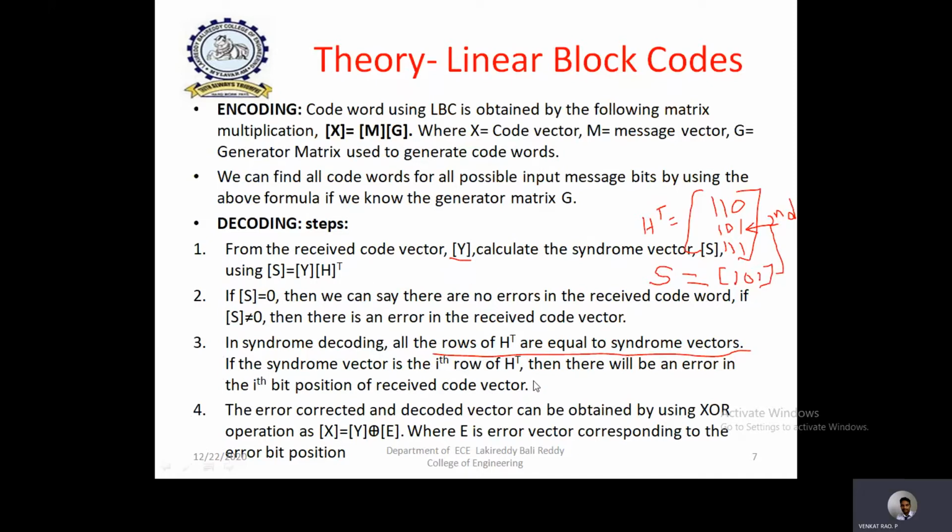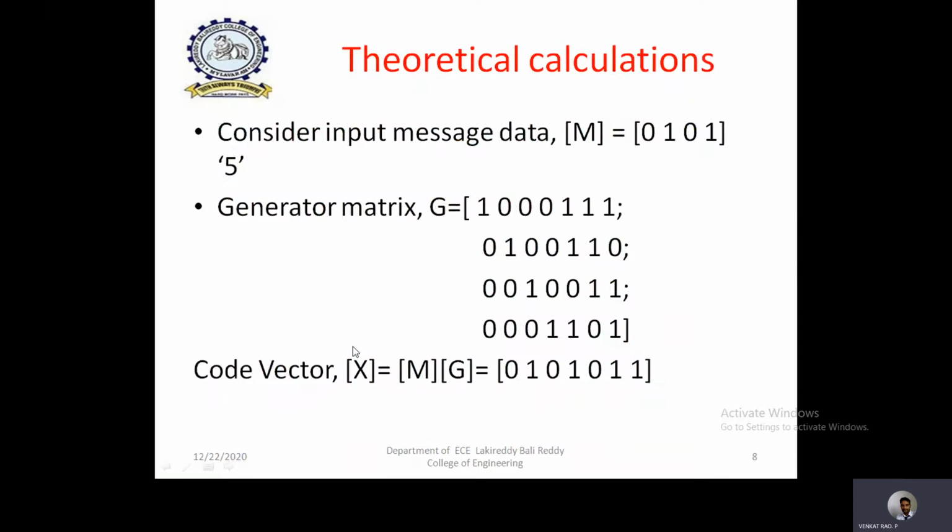So exactly we identify where the error is, and then the last step is we need to correct that error. Finally, you know that there is an error in a particular bit position. That means instead of 1 it may come 0, or instead of 0 it is showing 1. Simply we need to reverse that. How to reverse that? Simply by using an XOR operation with the received vector and the error vector, you can definitely reverse that particular bit position. All these things we'll see in the experimental analysis,